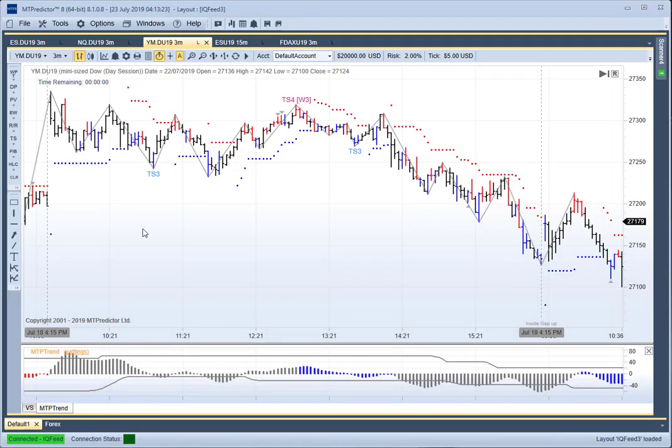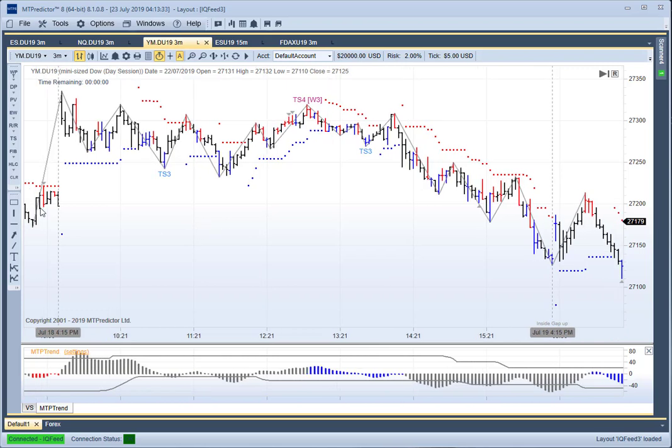So the day I want to look at is this day here, which is a short-term 3-minute chart on the YM for Friday, July the 19th. Right, for you guys who have been following MTPredictor for a while, you'll know that we don't just blindly follow MTPredictor like a black box system, and this is what we'll show here, because the markets are basically random half the time, and half the time they are a little bit clearer, so we only trade when the pattern's clear. So let's start off by deciding what the pattern, or the large view trend, would have been going into that Friday.